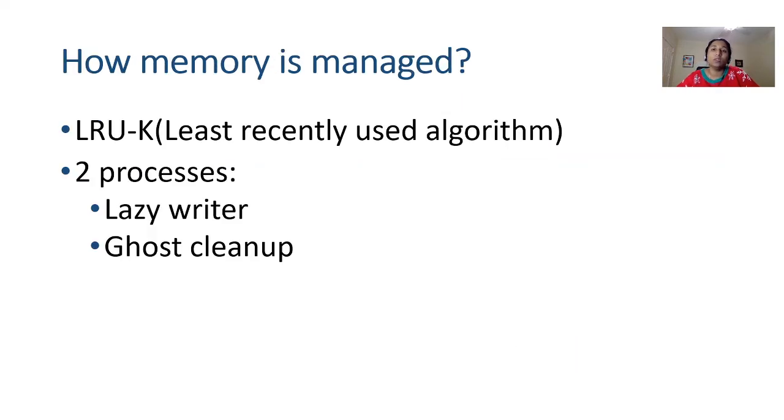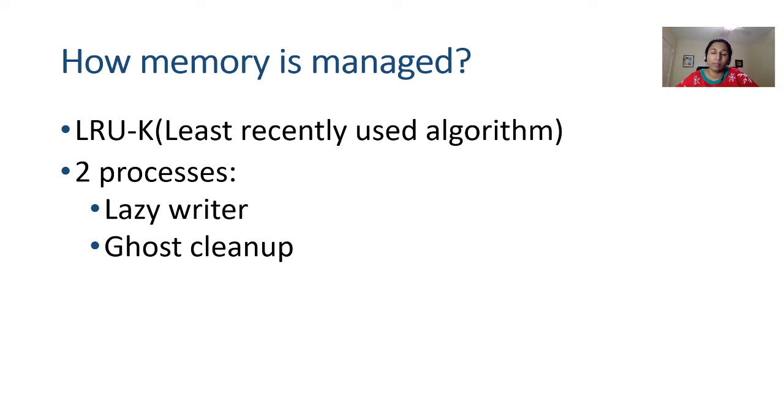Now let's see how the plan cache and the buffer pool get managed, right? There is something known as the LRU-K algorithm, which is also known as the least recently used algorithm. The K is for the complexity of the code. Now what is this LRU? LRU means if something is staying in the cache for a longer time, those kinds of things will be discarded first. But what happens with SQL Server?